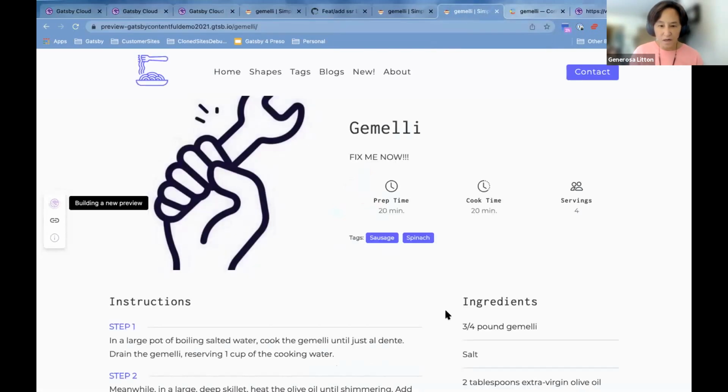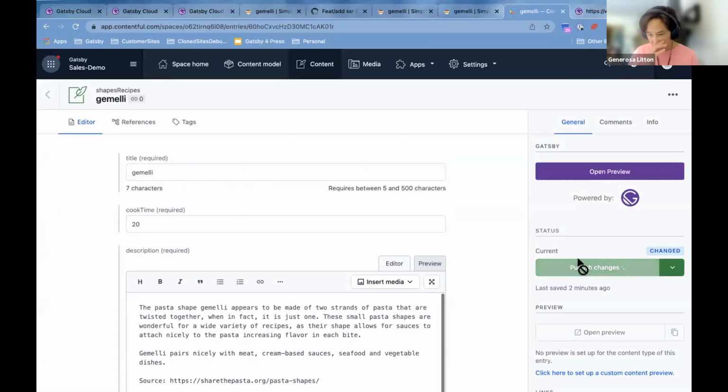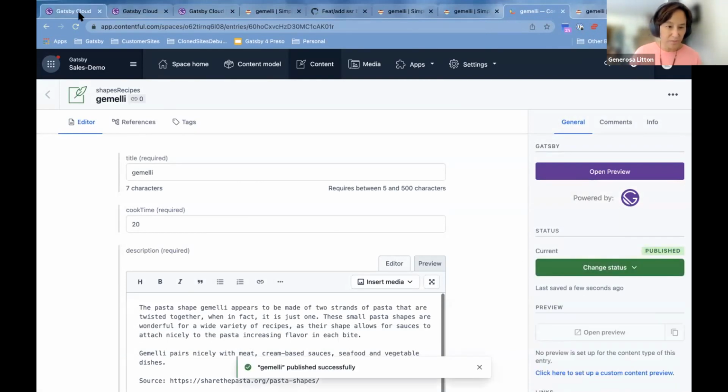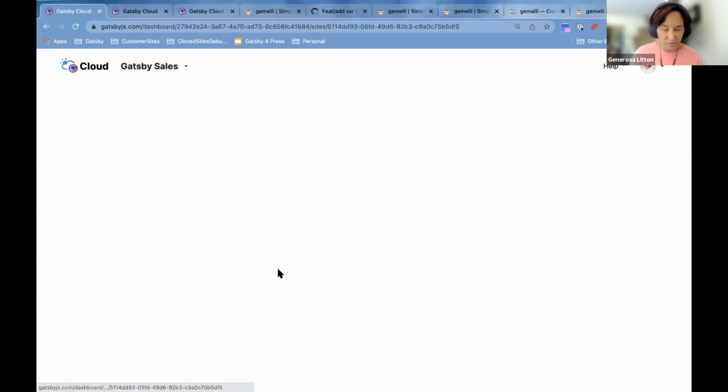content good? Are we still building a new preview? Are we good to go? And typically, you'll probably make some changes or whatnot. But the point is, you can work directly in Contentful, not having to write any code, and you can even publish your changes right there. So once it's good, we go back to Gatsby Cloud just to see that the build is taking place, because we looked at the preview. Preview looked good. So now let's take a look.